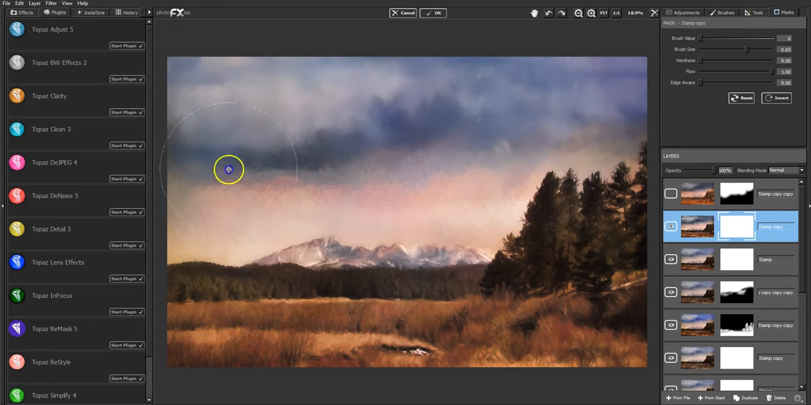Like so. Just get rid of all that choppy brushwork in the sky. I like the brushwork everywhere else, just not in the sky. There we go. Now here's the